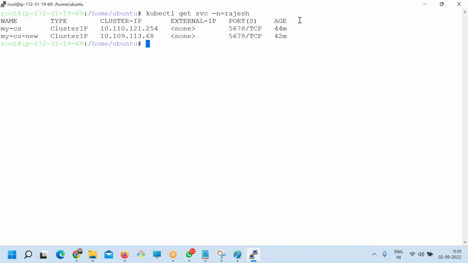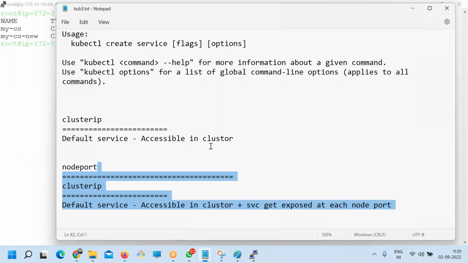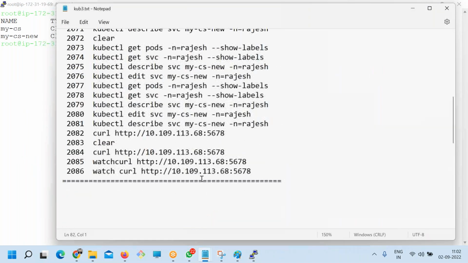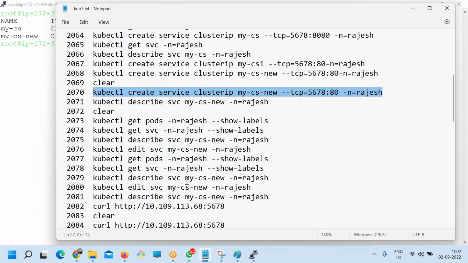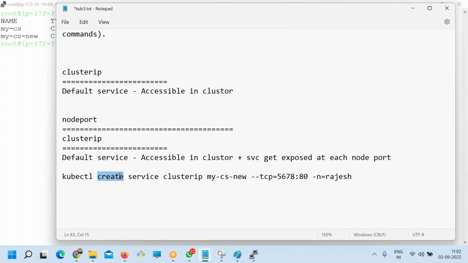Let me create it in front of you. Here the command which we ran last time, create service, here clustered IP to node port. So I repeat, node port will create a clustered IP service only, exposing will happen at the node port.